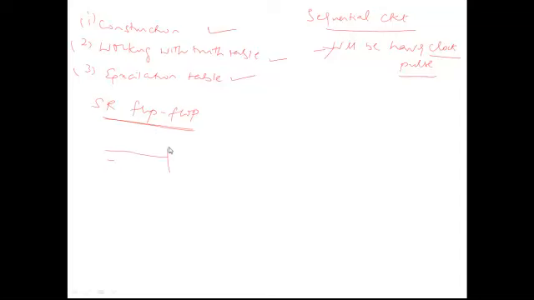So the S input is given to one single NAND gate, and the R input is given to another NAND gate. You carefully watch how I am constructing this flip-flop. So this is the S input, this is the R input, and as we know, we will be having a clock pulse which is triggering all the sequential circuits. The other input of NAND gate 1 and NAND gate 2 are connected together to the clock pulse.